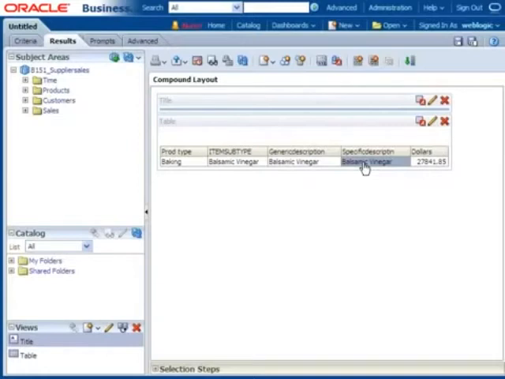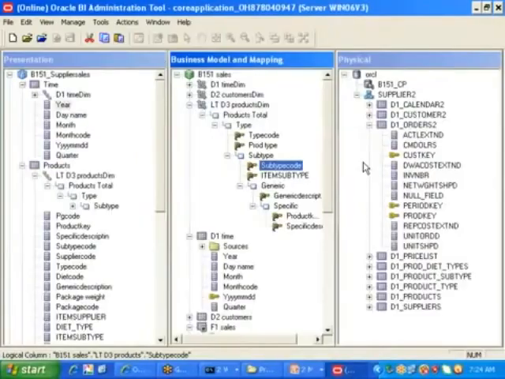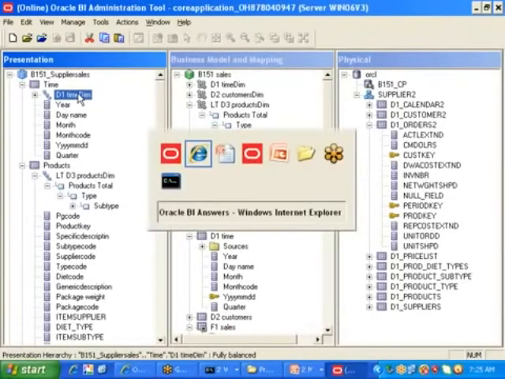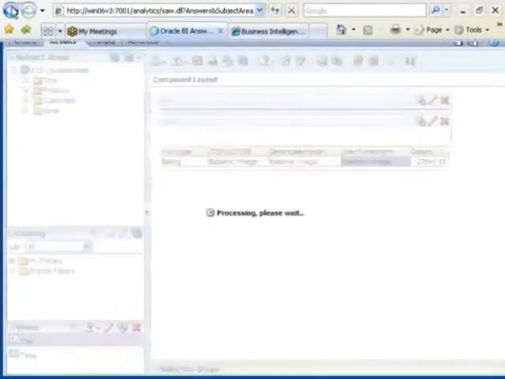Now I will give one question. Using this hierarchy, we got one benefit. That benefit is we can take this hierarchy object into the presentation layer. This is the one functionality which is newly introduced in 11G, right? Why they introduced this one? If you observe carefully, let us say,